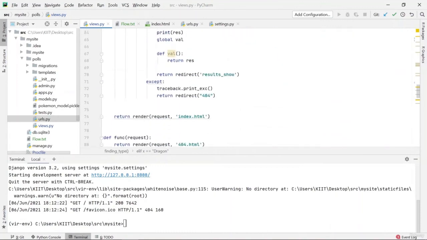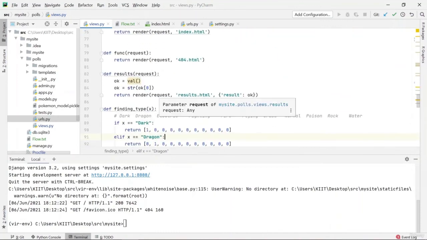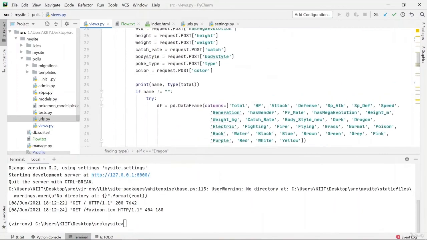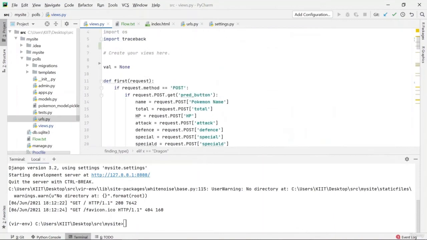So there's a difference between your finding type function and your first function. The finding type is actually a helper function, and this function is not rendering anything. This is just taking in values and returning values.